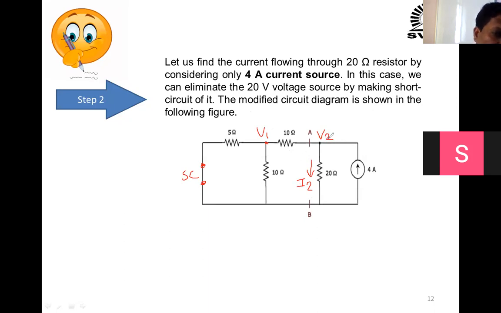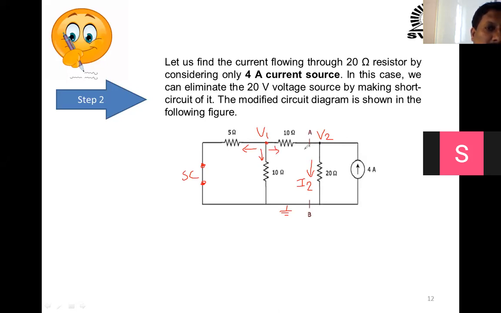Okay, V2, why am I taking it here? We always take from left to right. That is the first reason. Second is I2 is flowing here, so I2 will match with V2. That is just for understanding. So V1 and V2 are the two principal nodes, and below here ground will be there. So we can apply nodal analysis here. This is outgoing, this is outgoing, and this is outgoing.